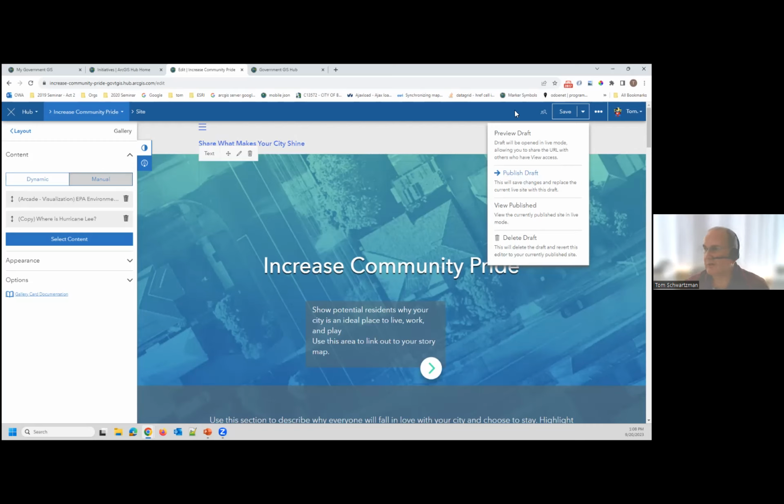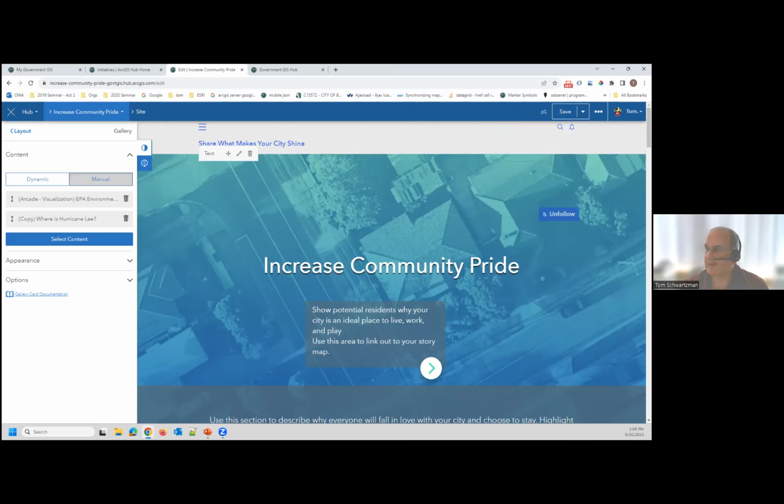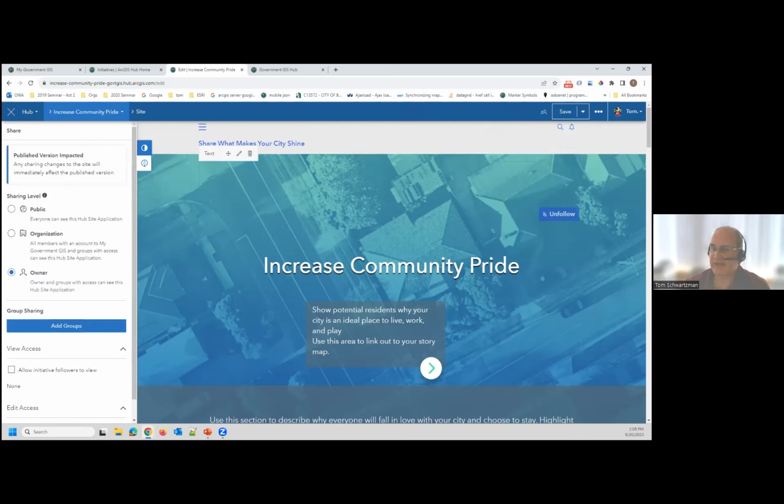And you can also see that this is a page by page thing, and I can decide who gets to see this. So right now, only people that are part of the team can see it, but I can change that to be my whole organization. I can add groups of people that are part of my organization, or I can make something public. Right, so those are the choices, and that's page by page.